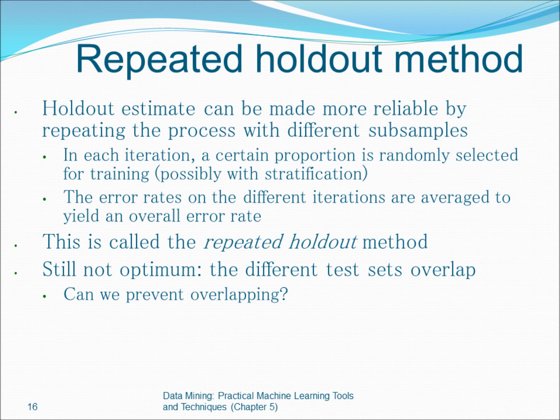Another strategy, besides stratification, is if you have the data, try to do a few rounds. In each round, you always take one part randomly, like 2/3 as the training and 1/3 as the testing. But you get another separate set to do the same thing each time, and then you average. If you do this, you're going to improve the credibility of your training and the error rate. But this is still not good. Why still not good? Because you still have a possibility of overlapping.